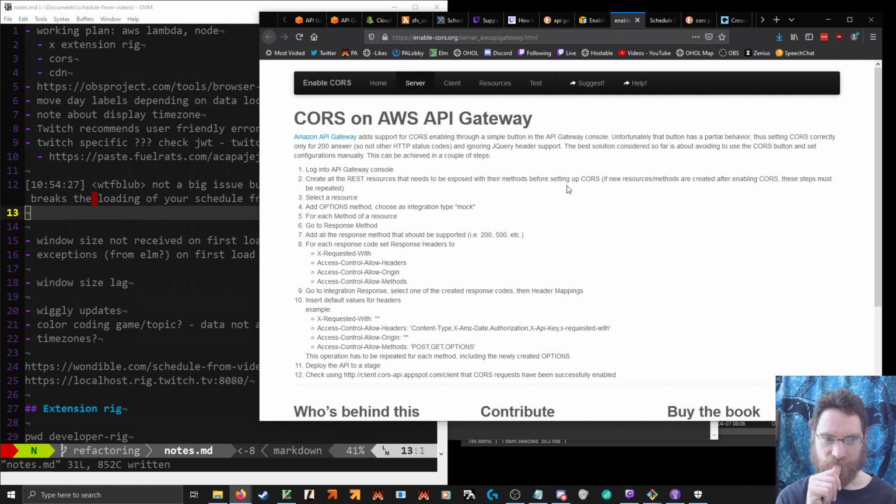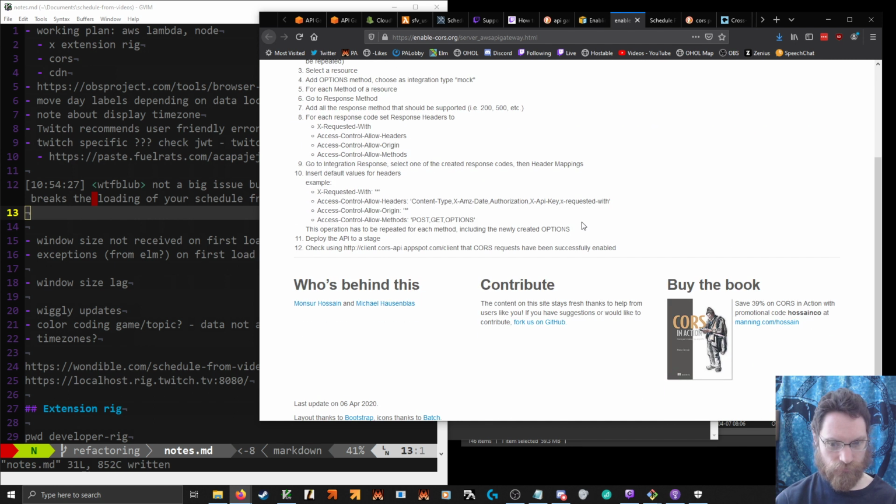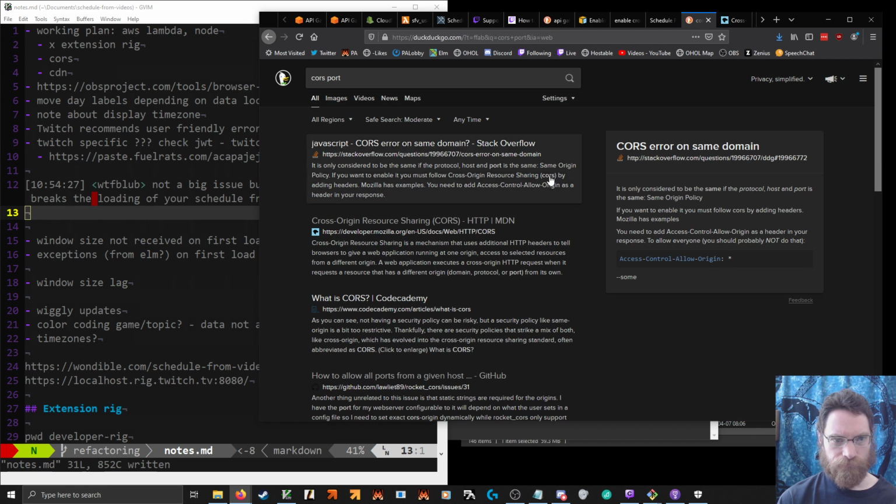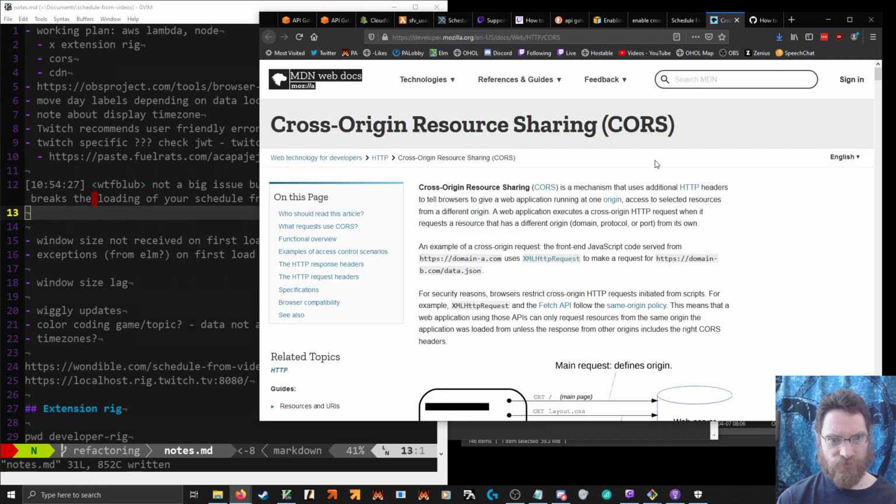For each method, all of the response methods that should be supported for each response code. That was about ports.